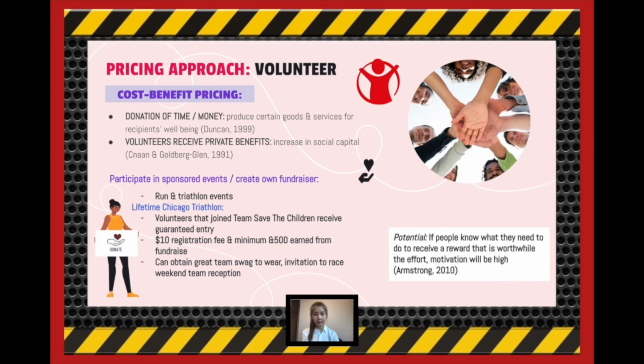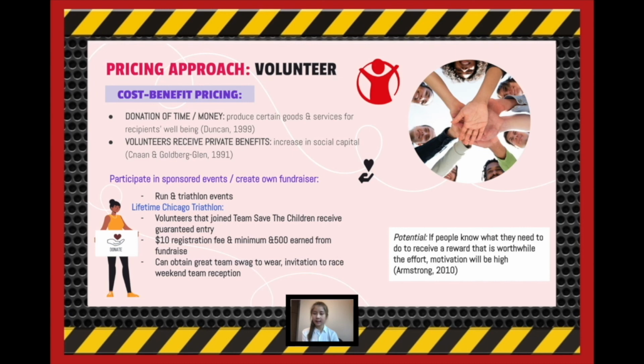Volunteers can obtain great team swag to wear and an invitation to the race weekend team reception, and the funds that are generated allow all children to learn from a quality basic education, and no children to die from preventable causes, and